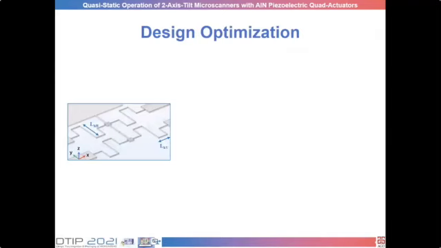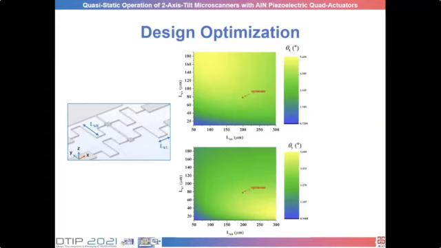In the design part, the most critical parts are the hinge design. Here we have 2 hinge sections, lateral and longitudinal ones. If the hinge lengths are too short, then it limits the deformation of the hinges. However, if they are too long, then the translation from the hinge deformation to the mirror rotation becomes inefficient. So we have to find the optimum hinge length, and we have calculated the rotation angles through simulation for various